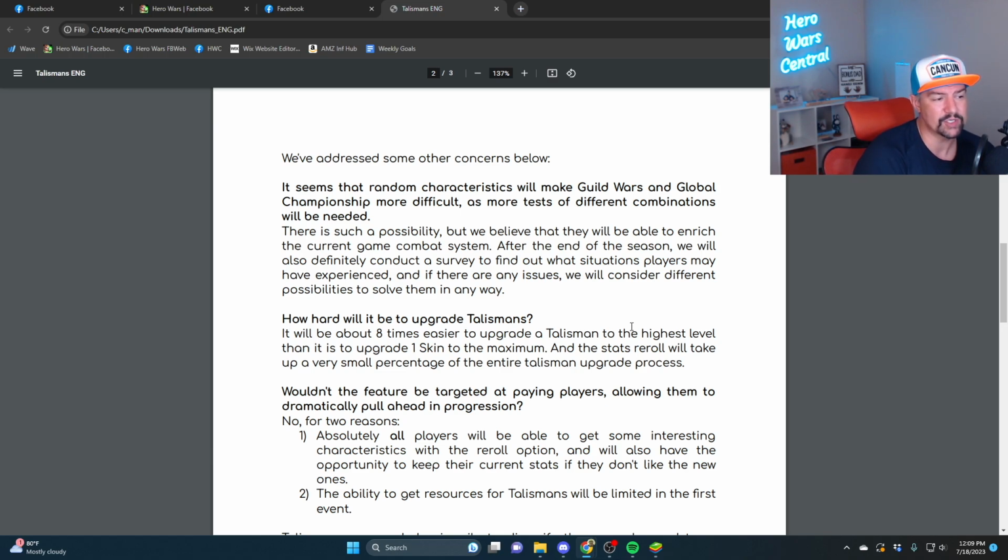It will be 8 times easier to upgrade a talisman to the highest level than it is to upgrade 1 skin to the maximum. Okay, so fairly simple, fairly straightforward. 1 skin to max is about 55,000 skin stones. Put this in a little bit of perspective: 55,000-ish divided by 8, it would be like collecting a little less than 7,000 skin stones to level up